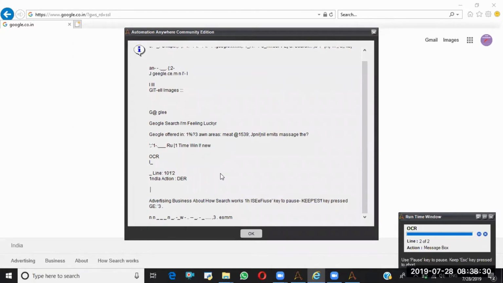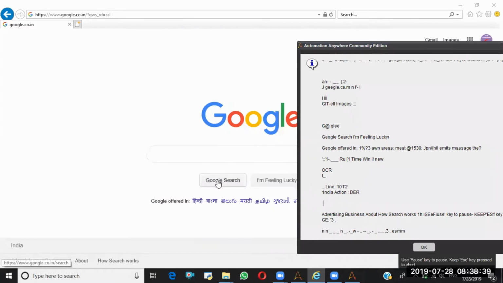Maybe we are not getting it right. See Google search, right? Basically here this is the Google search, Google. But here if you see Google, it has been captured wrongly. That means on this particular screen, Tesseract is not working as expected.